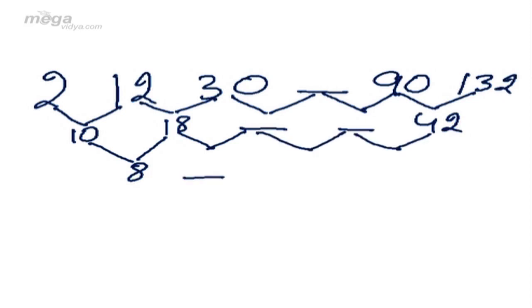And anything can happen. The number can increase, decrease, or remain constant. It can be 8, 9, 10, 11. It could be 8, 10, 12, 14. It can be 8, 7, 6, 5. It can be 8, 6, 4, 2. It can be 8, 8, 8, 8. N number of possibilities, and out of these, only one is correct. Since I know it, I am taking a difference of 8, but then this should continue till